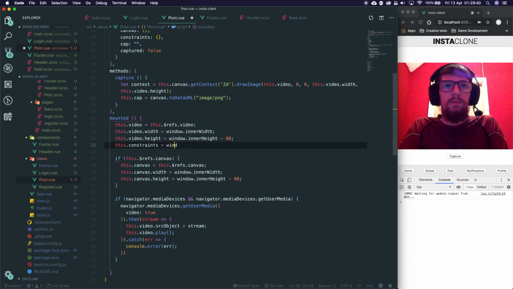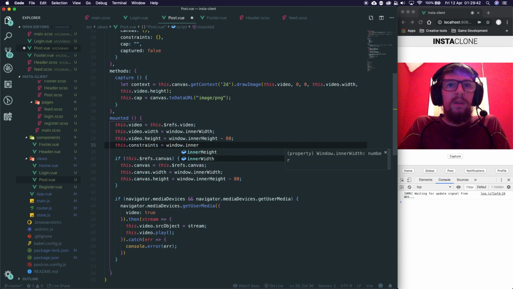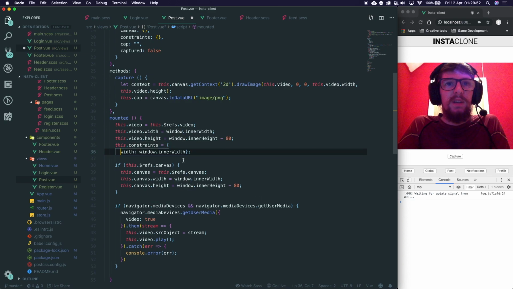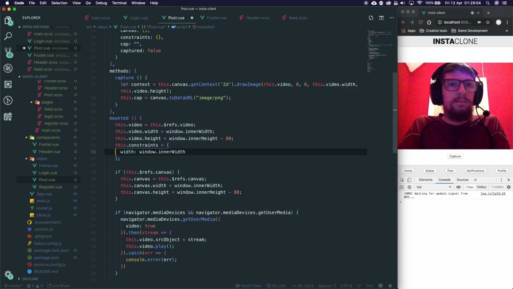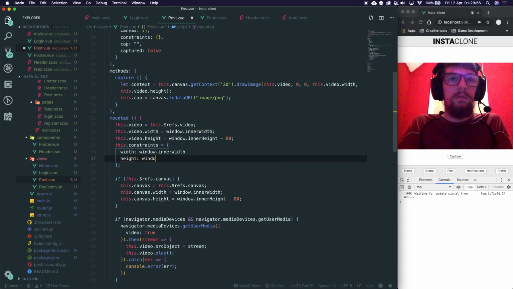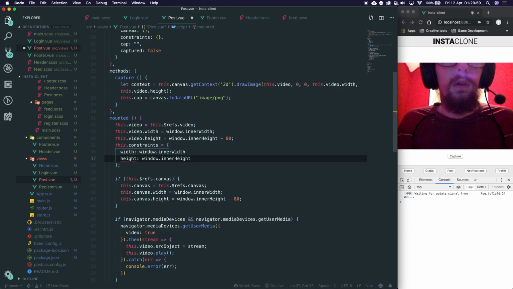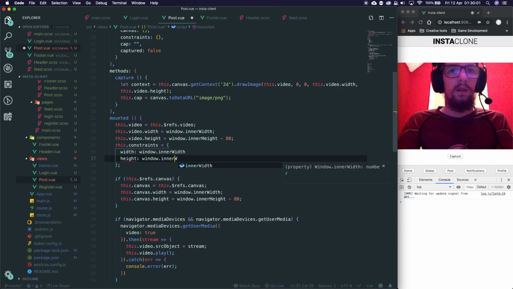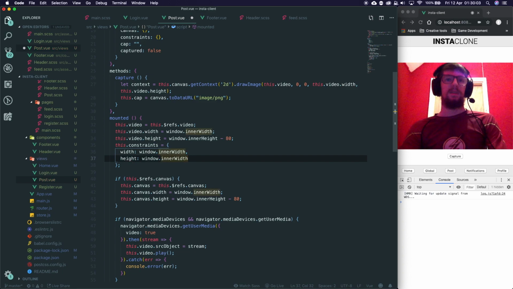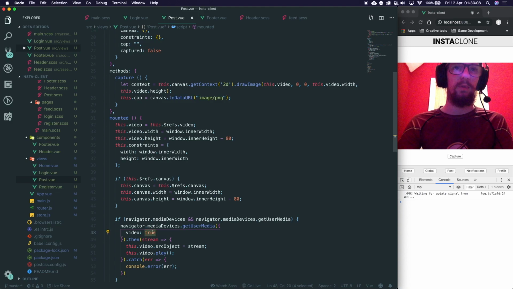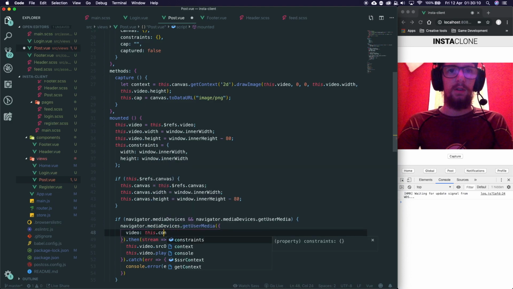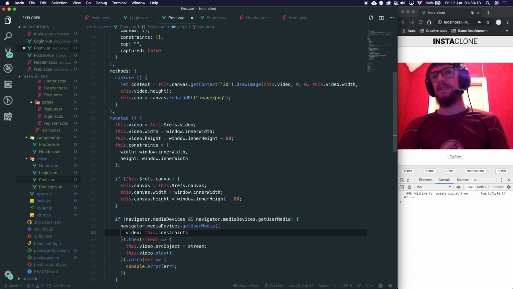constraints is equal to window dot inner width, and that actually needs to be an object, and this is going to say width, which is equal to inner width, and we're going to set height equal to window dot inner width too, not inner height, inner width, because this basically is going to give us a square image. So now if we hit save, that's going to do nothing. But where we see true, we're now going to pass through this dot constraints. We hit save